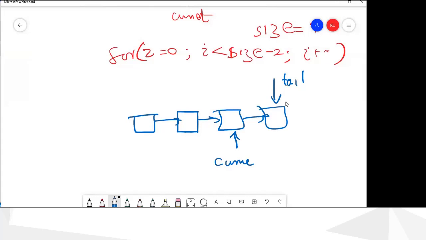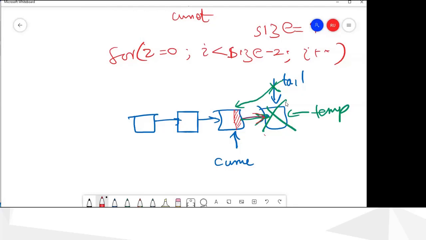Okay, we release the memory of this node, but this pointer is still storing it. So we are pointing to this memory location, but that memory location was deleted. Okay, and now we cannot access it.